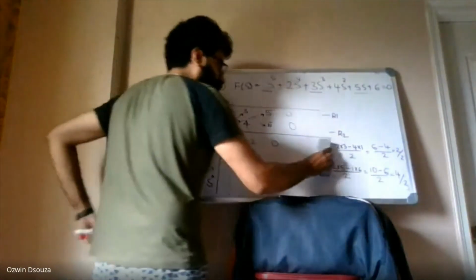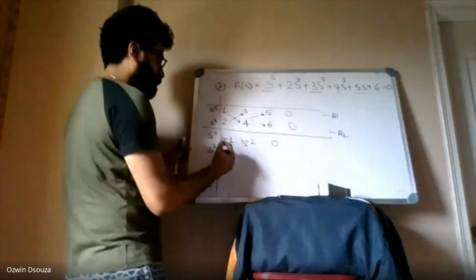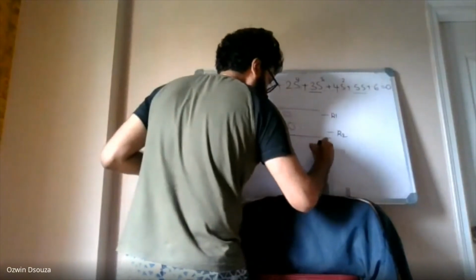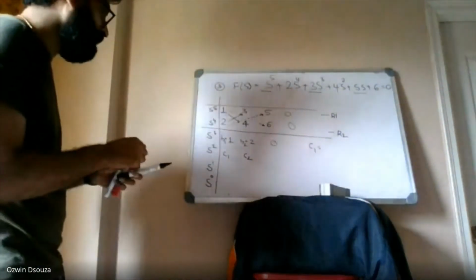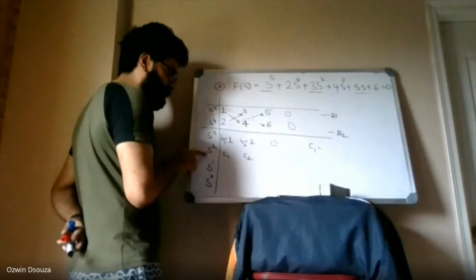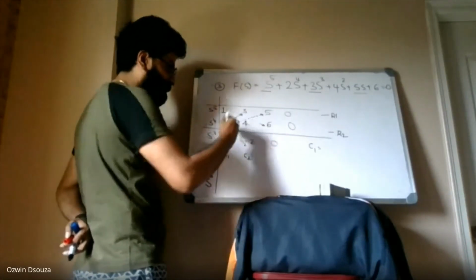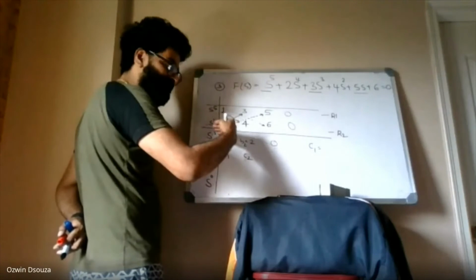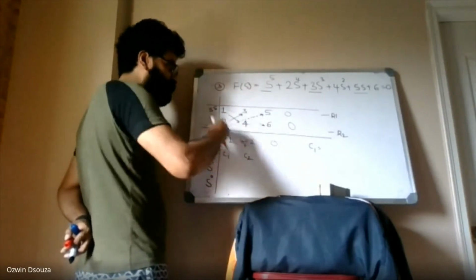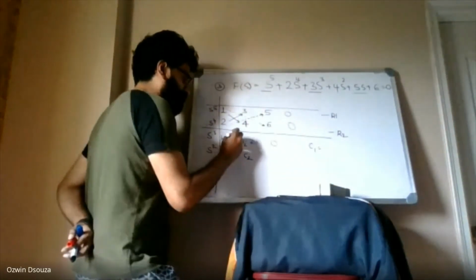In the same way, you can find out the elements of the s squared row, say C1 and C2. So C1 can be found something like this, right? I need to find out elements of the s to the power 2 row. So let us consider the row which is sitting just above the s to the power 2 row, that is this row. By making use of the elements of the previous row, let's find out C1. So how will you find C1?